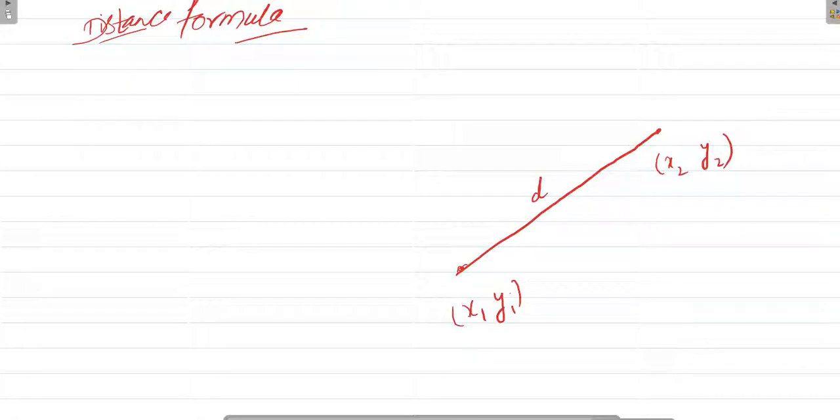So in the distance formula, let's say we have 2 points, x1 comma y1, as you can see here, and x2 comma y2. We have to calculate the distance between these 2 points, and we can calculate this distance by using the distance formula. Now I'm writing the distance formula here, just for the sake of revision: d equals under root of